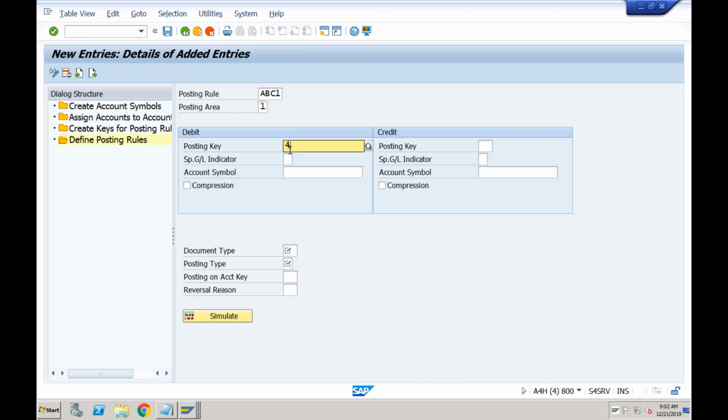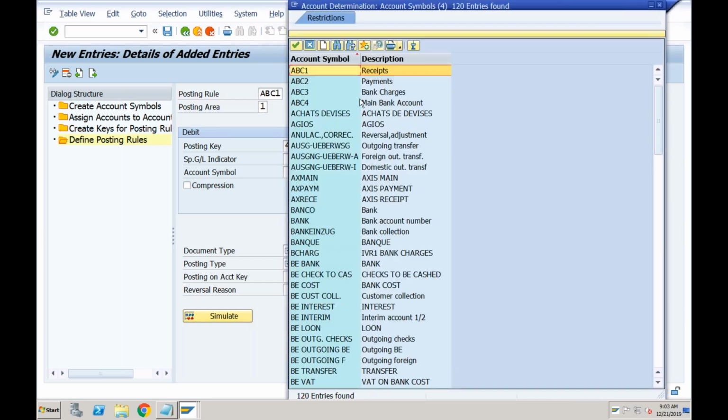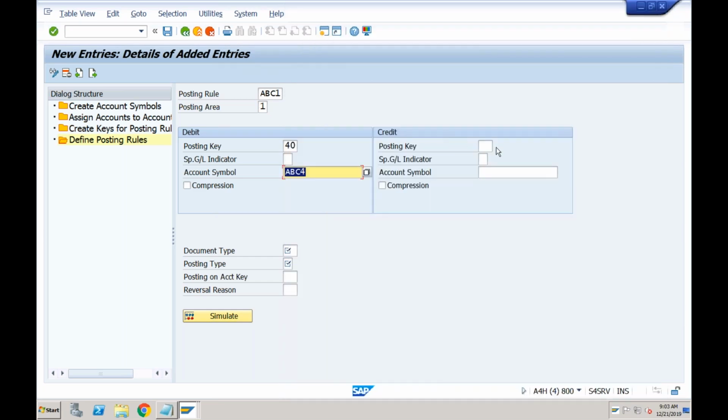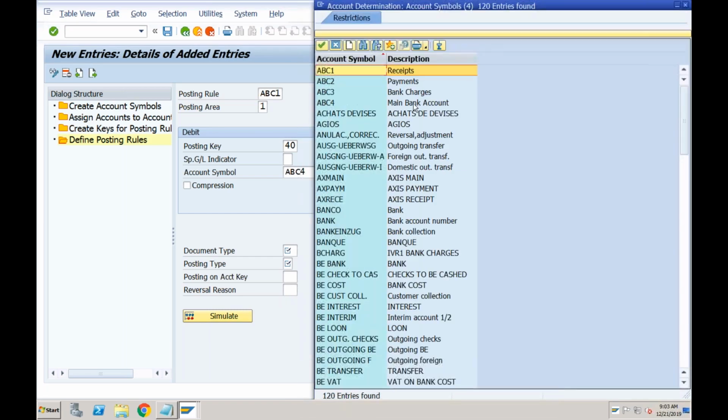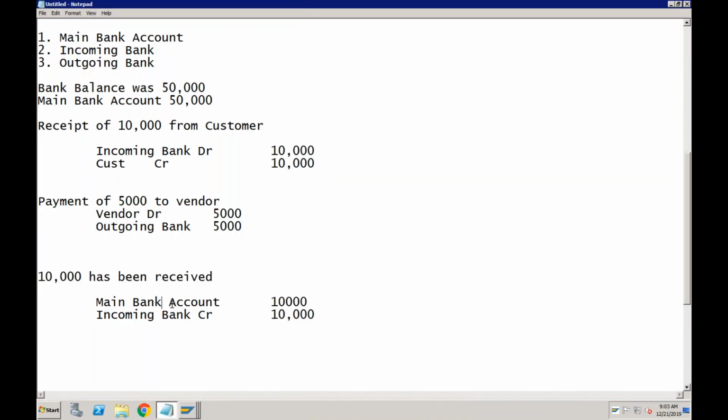So posting key 40 means debit the main bank account, which is this one, and credit to incoming bank account. Okay, you can see this main bank account debit to incoming bank account credit.